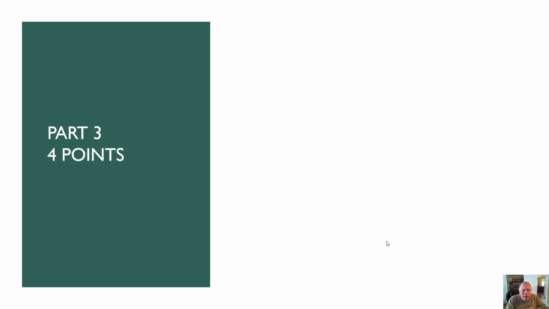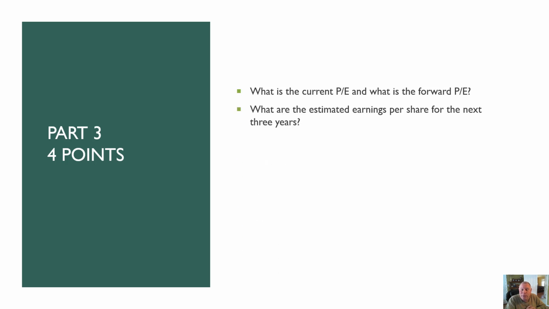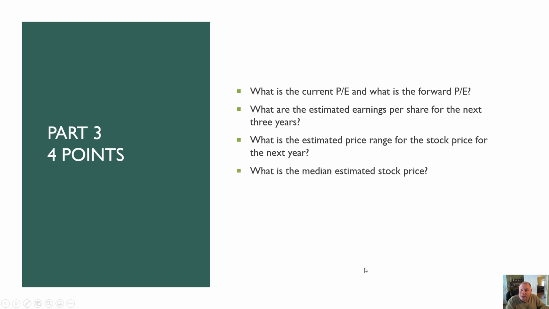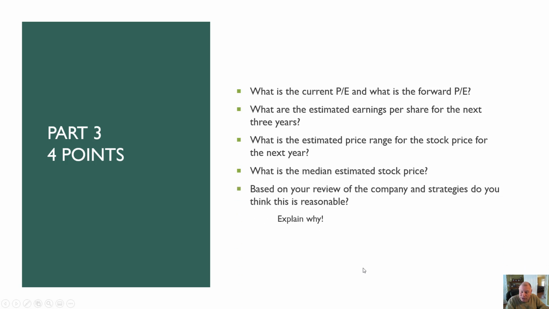The last part, part 4, is where we sort of pull this all together. What's the current PE ratio? What is the forward? What are the estimated earnings per share for the next 3 years? What's the estimated price range for the stock price for next year? What is the median estimated stock price? Based on your review of the company and strategies that you have reviewed, is it reasonable? Explain why. Now, let's just take a look at how to come up with the current PE and what the